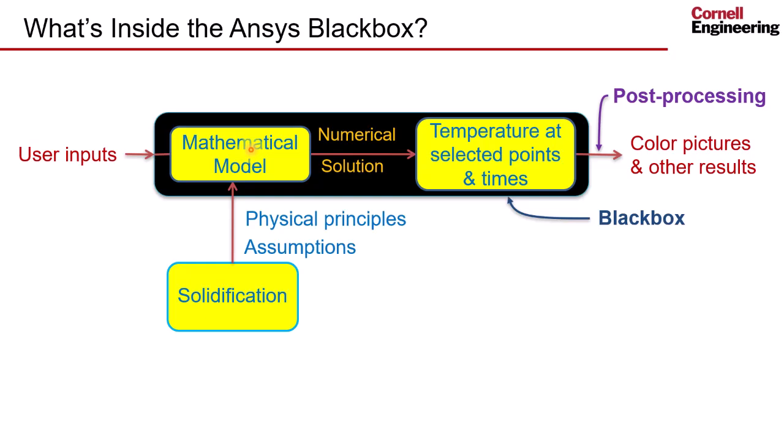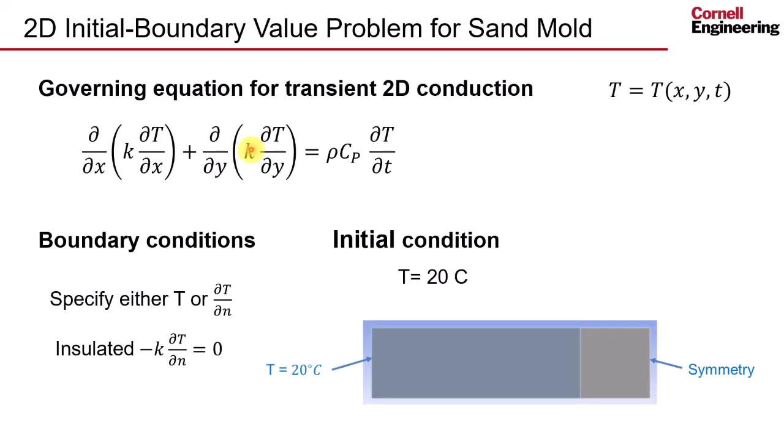Let's start by looking at the mathematical model, and in fact the mathematical model for the sand mold. It's a 2D initial boundary value problem, so-called initial boundary value problem, for the sand mold. The governing equation is the classic transient 2D conduction equation, the heat equation. So on the left side we have the effect of conduction,